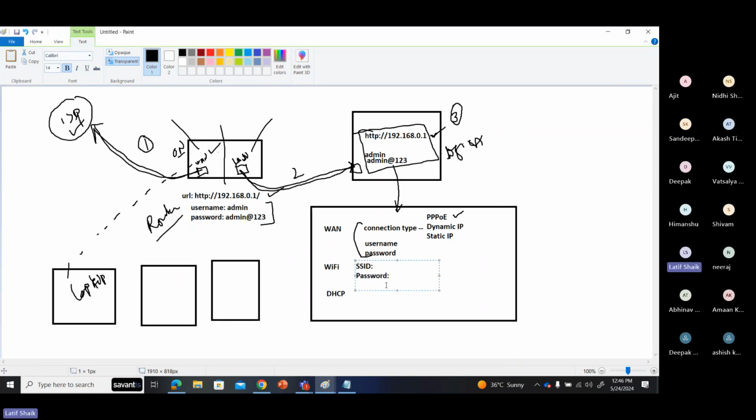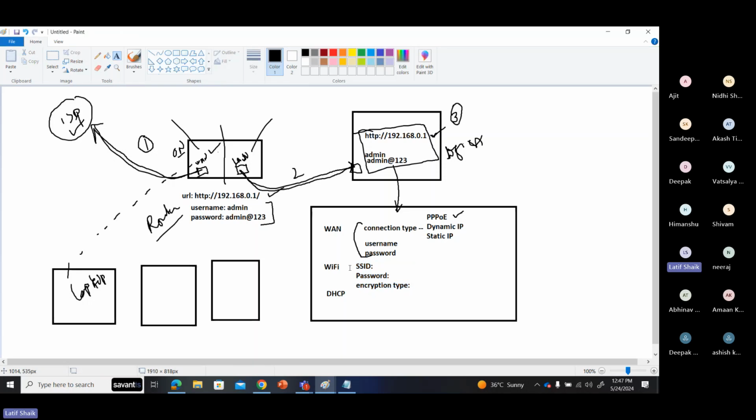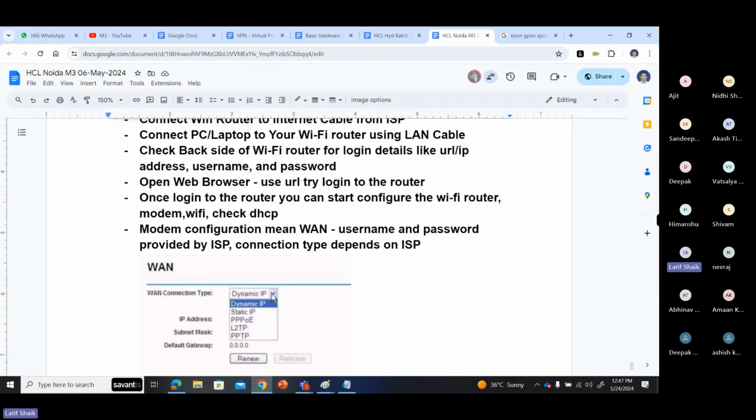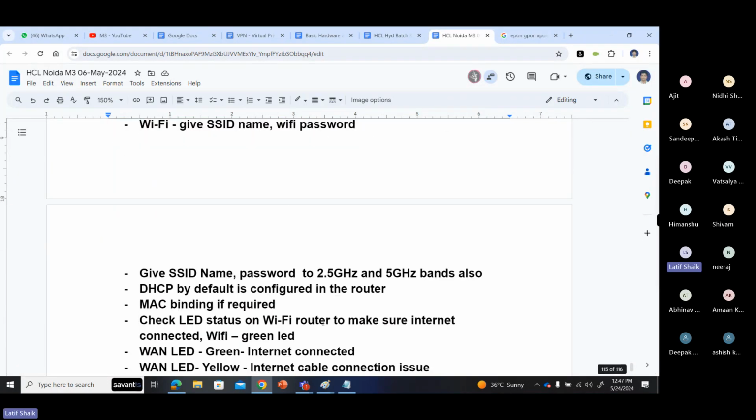And if possible, the encryption type. If you know what encryption type you want to choose, you can choose that, because Wi-Fi networks should use a highly secure encryption type. Okay, that is the second part. The first part is WAN connectivity. Another next part is